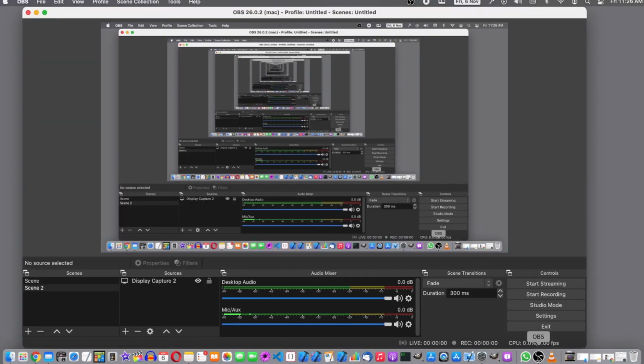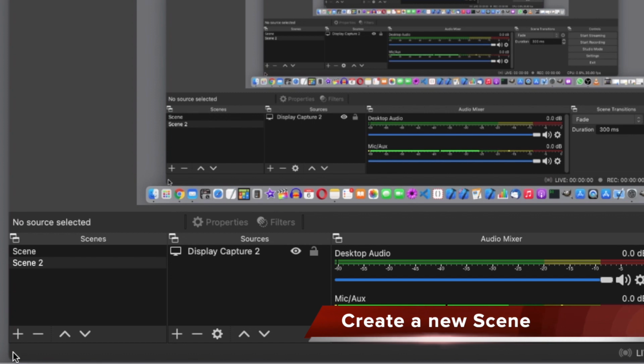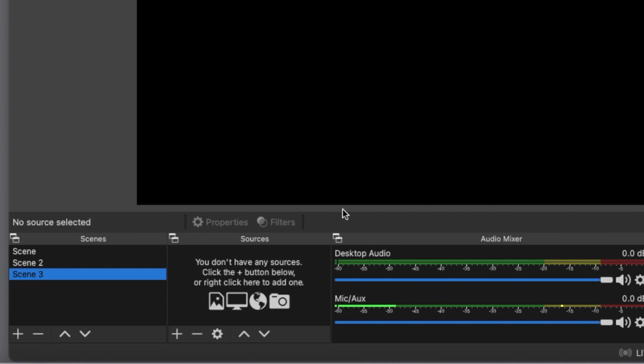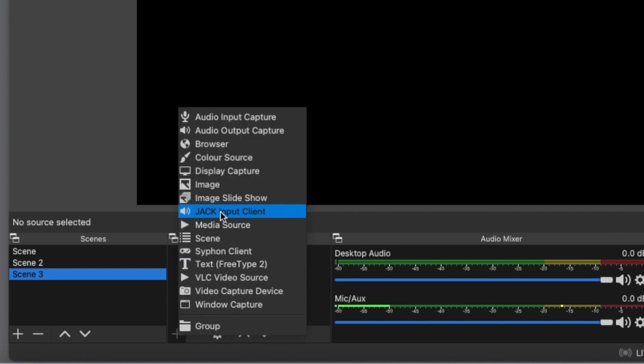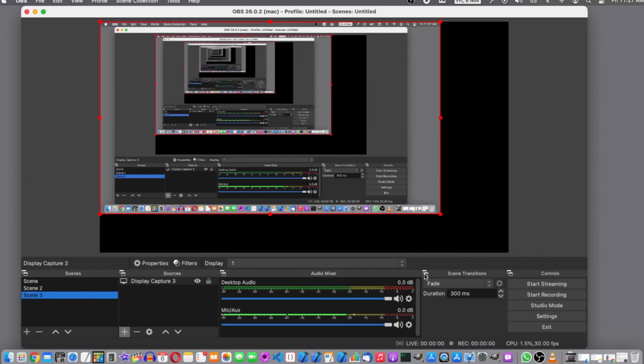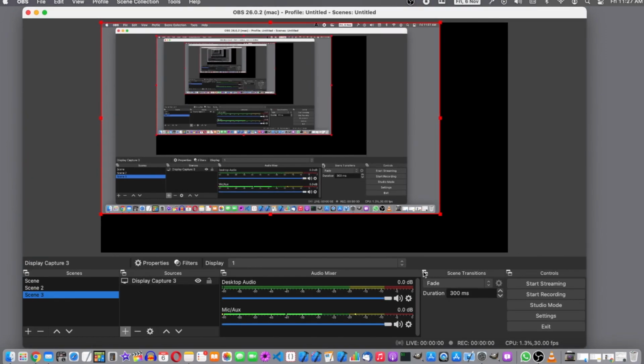Now friends, we are on the MacBook. Let us go ahead and open the OBS Studio. So now we have opened the OBS Studio. Now let us go ahead and create a new scene. Click on plus. Okay, scene 3. Now click on plus here and click on display capture. Now we will select create new display capture. Display 1 is the current display. Actually there are 3 monitors which are connected to my Mac mini, so I have selected the one on which the window of OBS Studio is present.